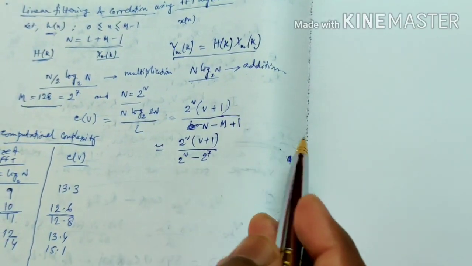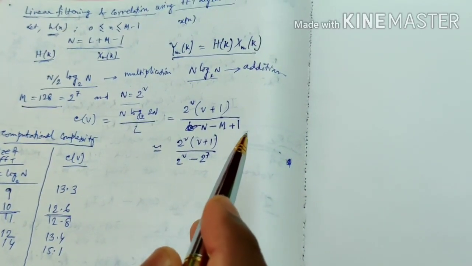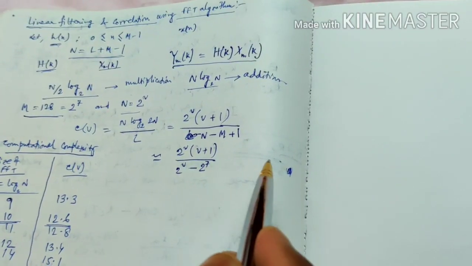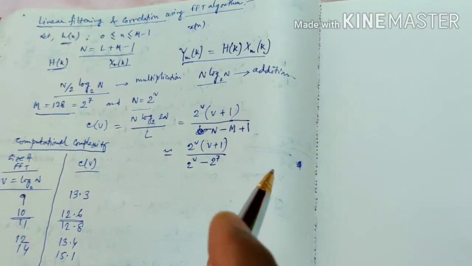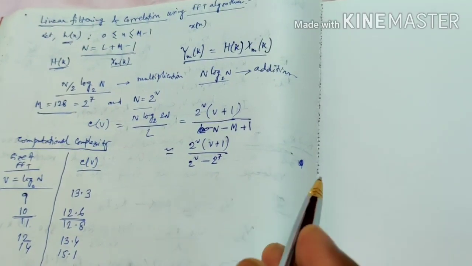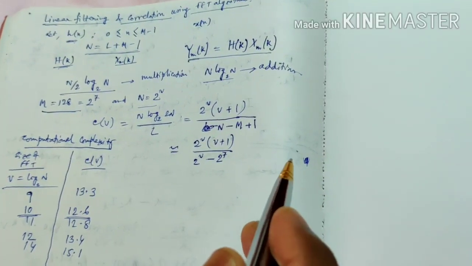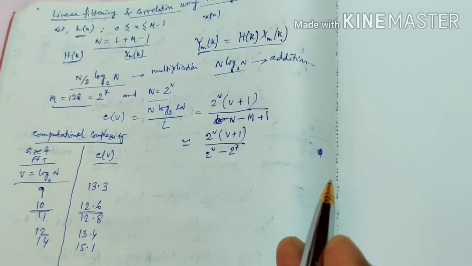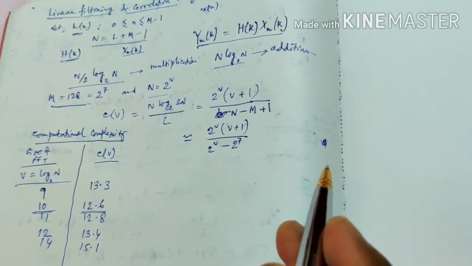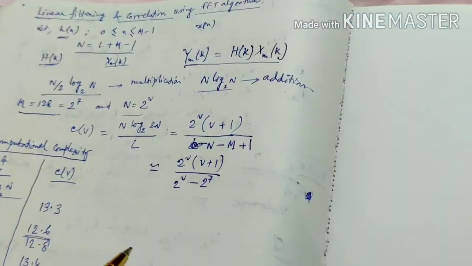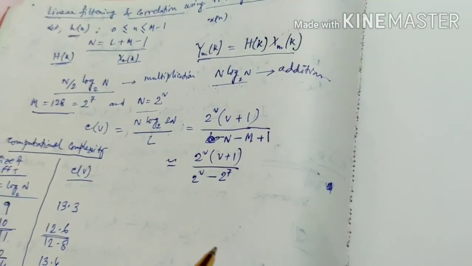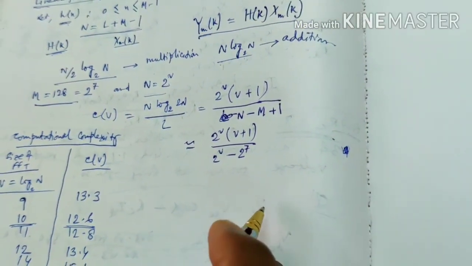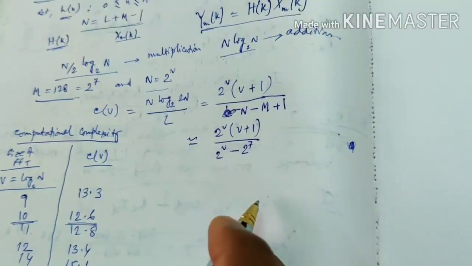So there are some applications where only a selected number of values of the DFT are desired, but the entire DFT is not required. In such cases, the FFT algorithm may no longer be more efficient than a direct computation of the desired values of the DFT. In fact, when the desired number of values of the DFT is less than log 2 base n, a direct computation of the desired values is more efficient.